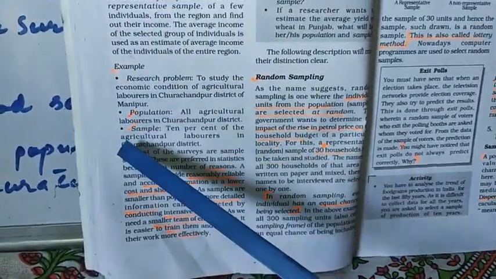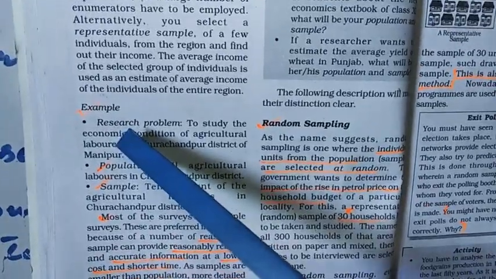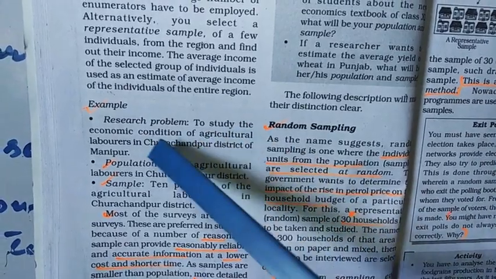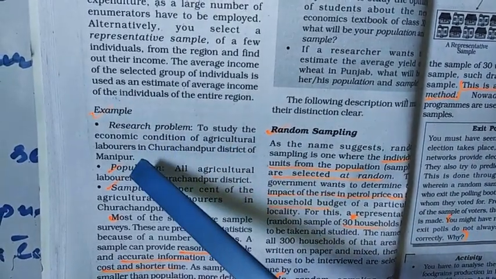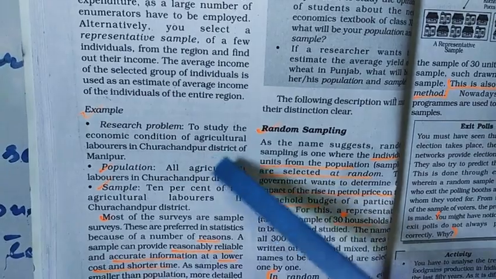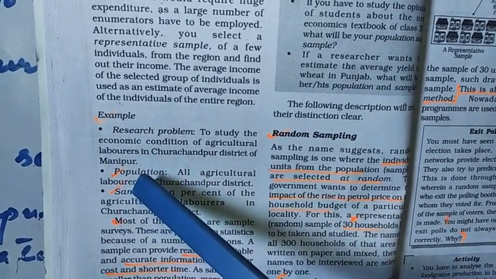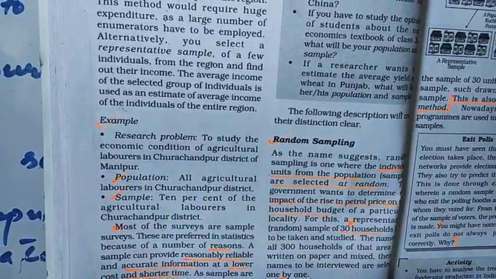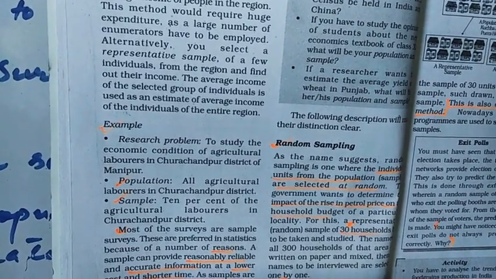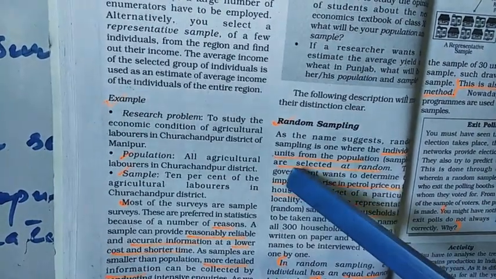So let us take an example. Your research problem is to study the economic condition of agricultural laborers in Churachandpur district of Manipur. So your population will be all agricultural laborers in Churachandpur district. And then